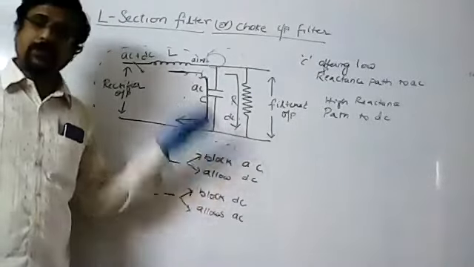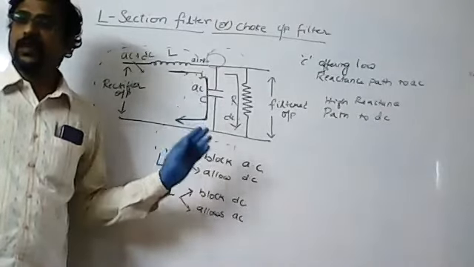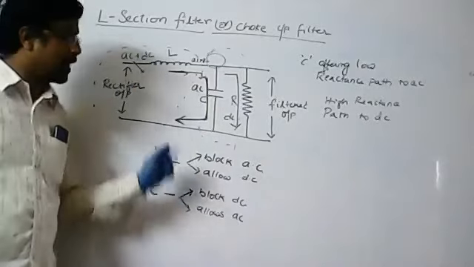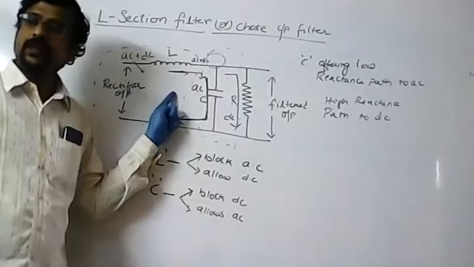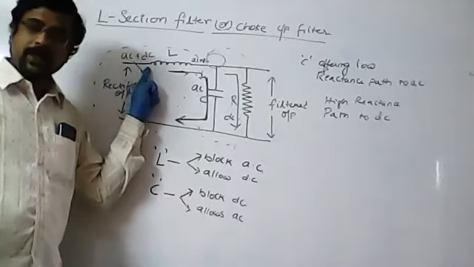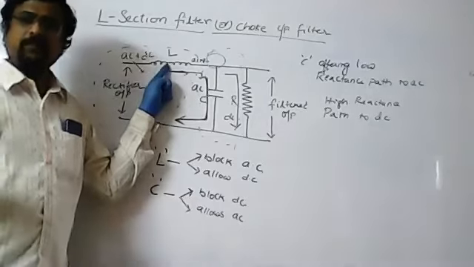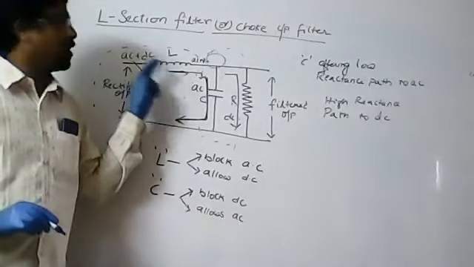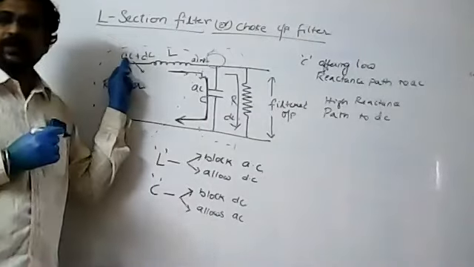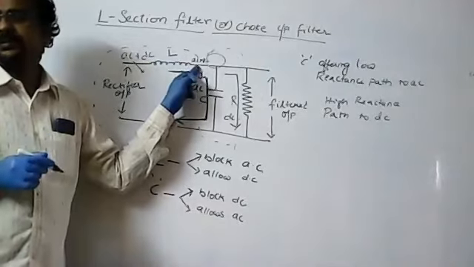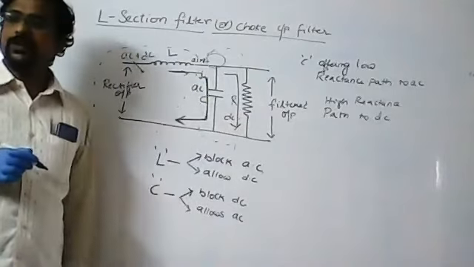Hence, you will get much more filtered output compared to the shunt capacitive filter and series inductive filter. Why? Because the filtration is done two times. Once by the series inductive filter, where it blocks AC components and allows DC. Though it allows DC, some part of the AC also comes out, not as much as earlier. If, for example, 70% is there, here it might be only 30% or 40%. That 40% is still filtered by the shunt capacitive filter.